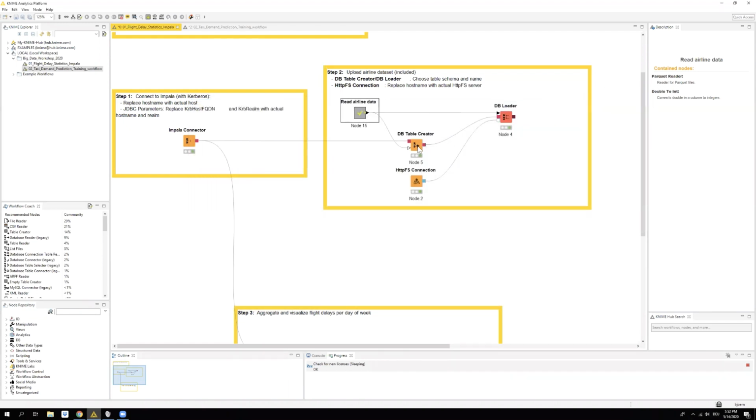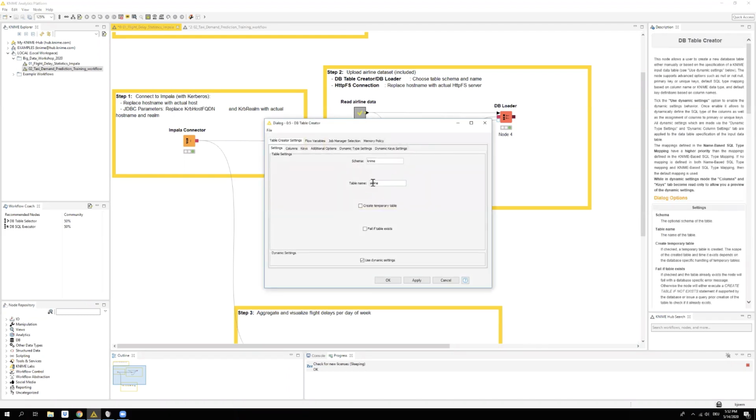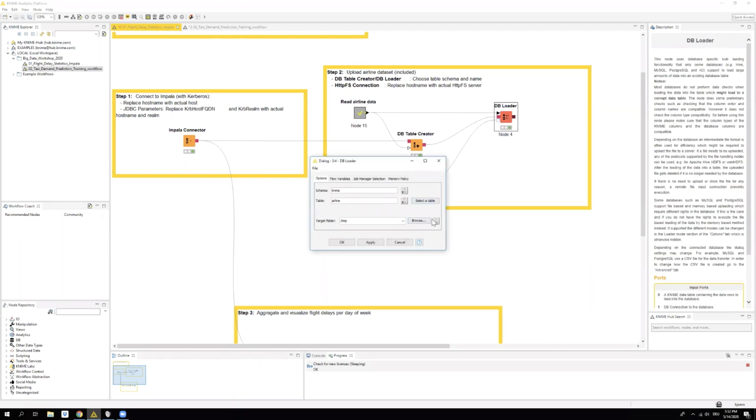This workflow then creates a new database table in Impala, which is called airline, and then uploads this local data into the cluster using the DB loader node. The DB loader's dialog is relatively simple. You just need to tell it into which table to upload and where in the remote file system to put the data.